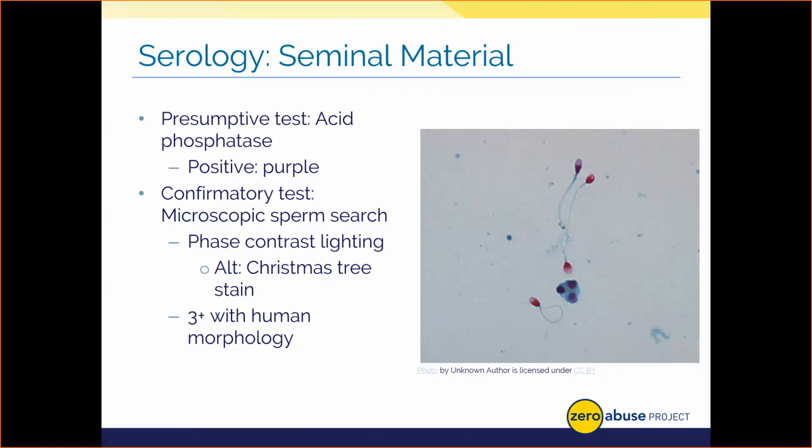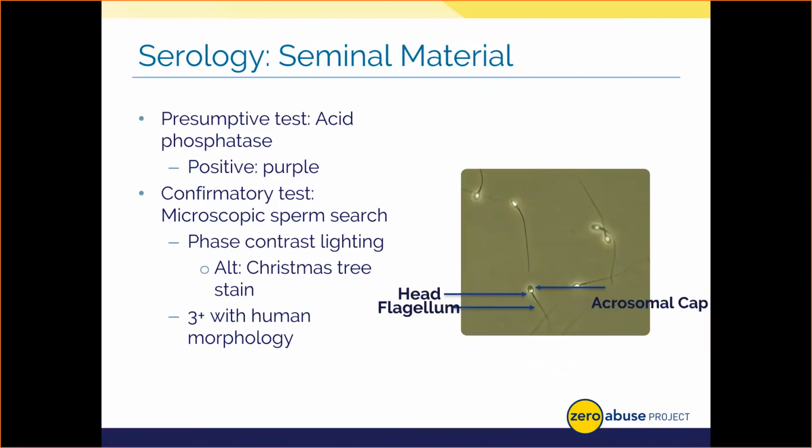We have two differentiating or color contrasting stains, a red and a green one. And the green stain will actually bind to any cellular components without DNA, like the tail or flagellum of the sperm. Now, the red stain binds to the part with DNA, that head and that acrosomal cap you can see, and I'll show you that in a minute. So what we end up getting is this red head and green body of the sperm that we can use for visualization. Let's go ahead and get back to those phase contrast results then.